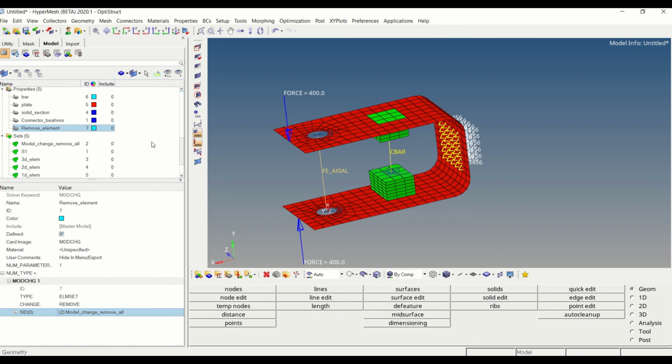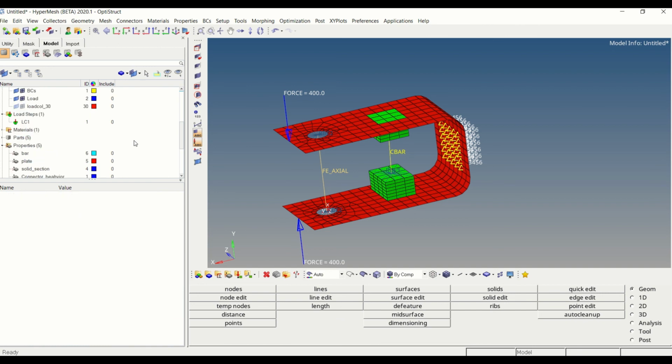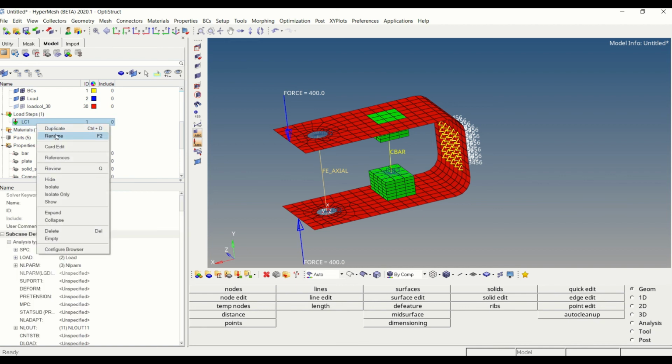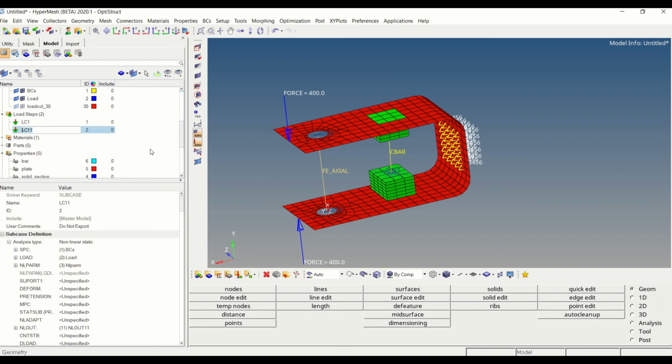After that we need to assign that mod change property to this load case. So we are going to create a duplicate load step for this. It's just for the demo purpose.